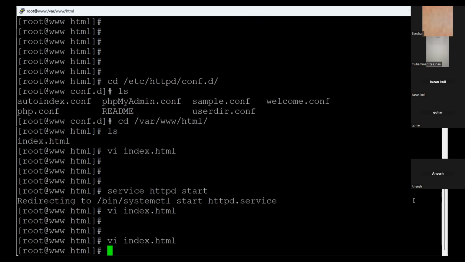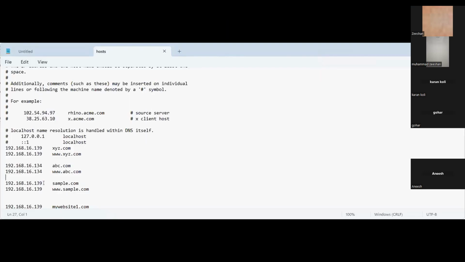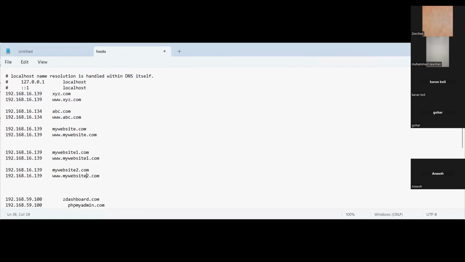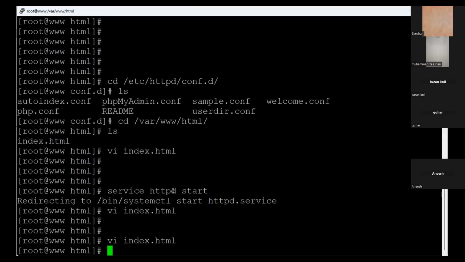So let's say I'm going in my notepad and let's change it. That's the better way. Instead of sample.com, we go with mywebsite.com, www.mywebsite.com. There is no other mywebsite.com, I guess. Okay, it's mywebsite.com. Control S, Control C. So now